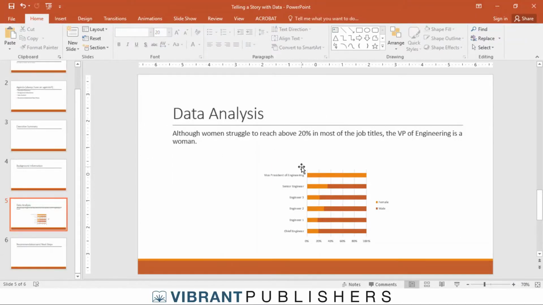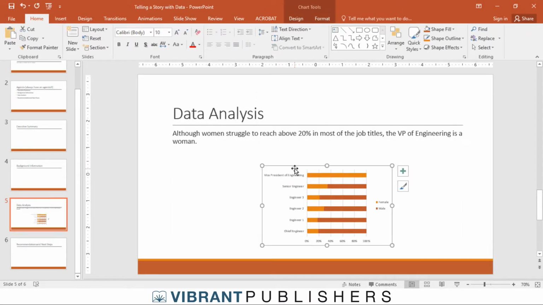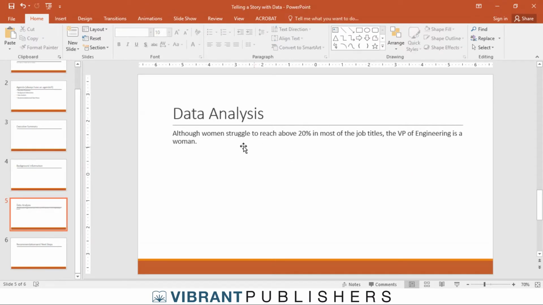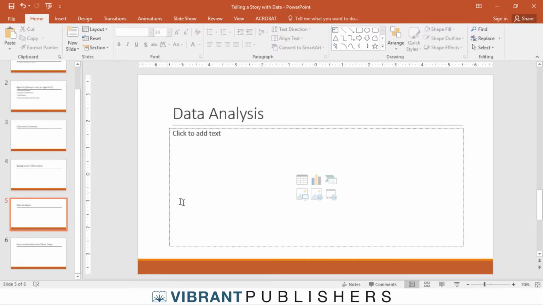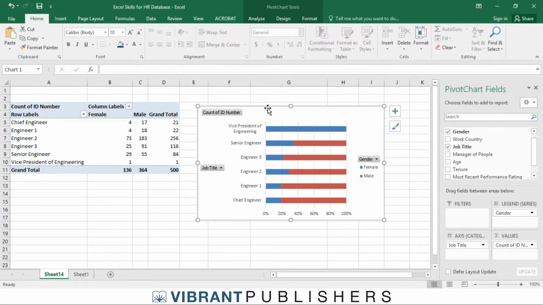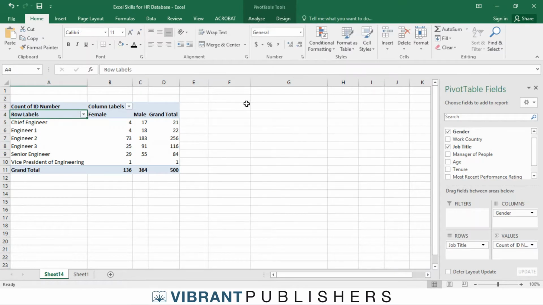So instead of linking our chart here, I'm just going to delete this chart. I'm also going to delete this text so that we go back to kind of our blank slide. I'm going to delete the table that we have here. Instead of building our charts and graphs off of the pivot table, what I often will do is I will